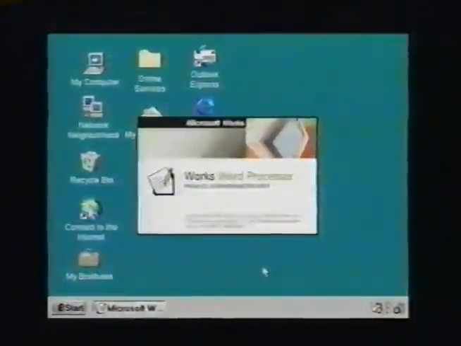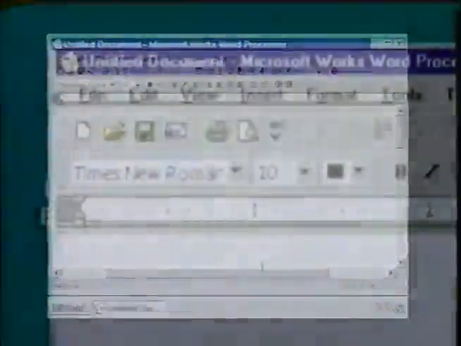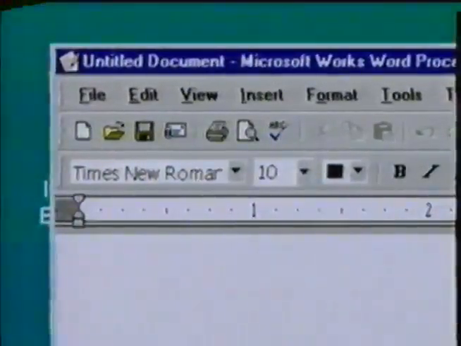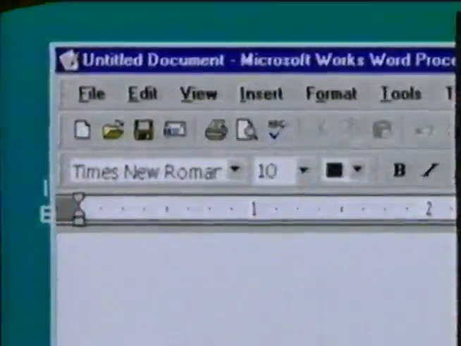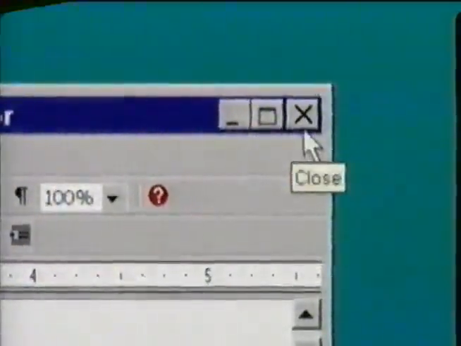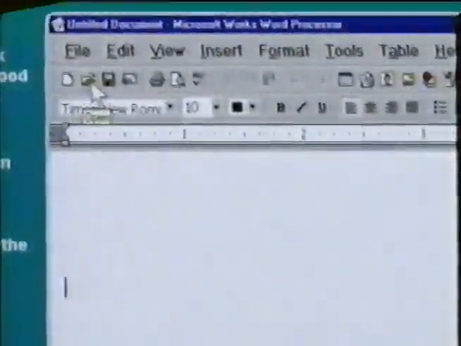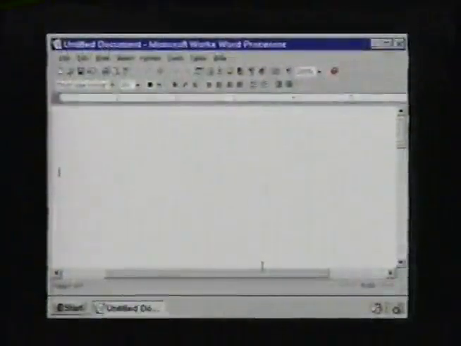Just as before, once the program begins, you will see a window that looks like this. As always, the title bar is at the top, with the name of the program on the left, and the minimize, maximize, and close buttons on the right. Below this is the toolbar, and below that is the white space where you write your letter. Let's begin simply. Dear Harv,